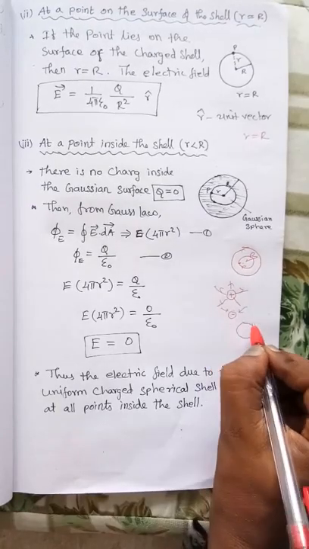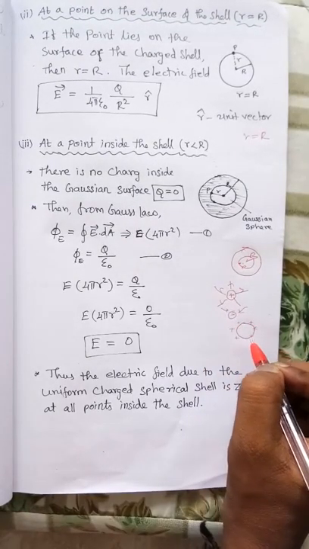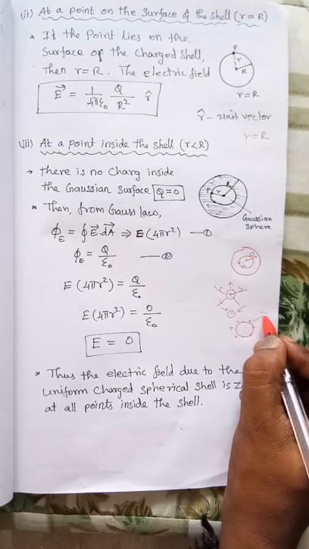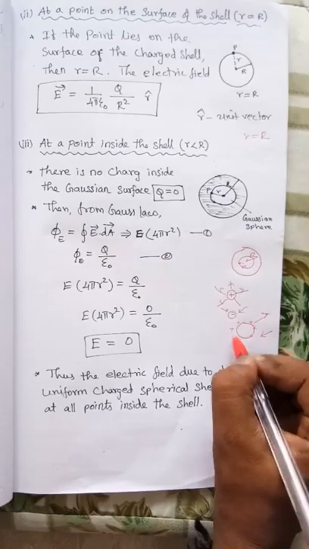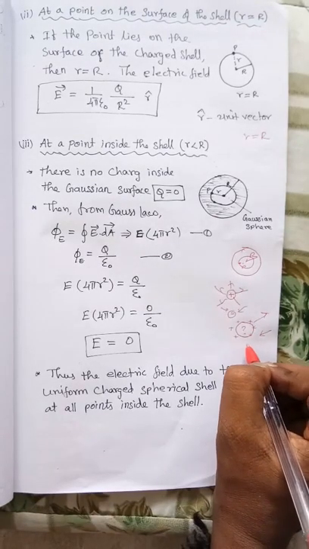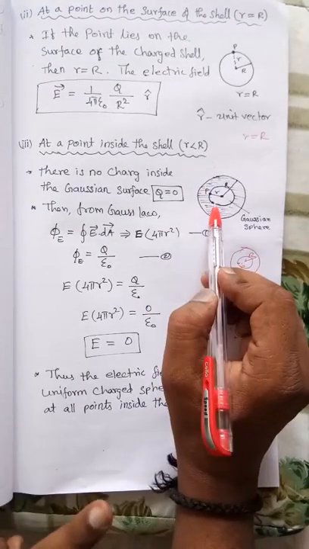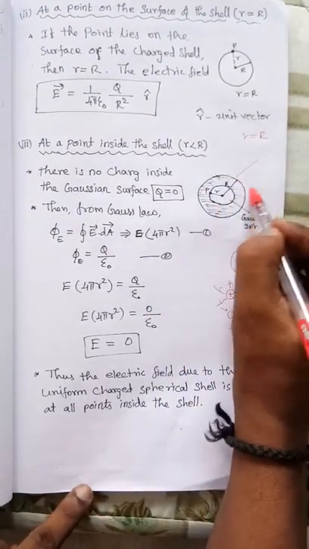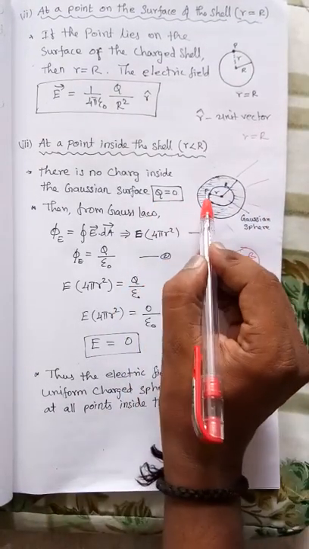Suppose a sphere is charged, negative or positive, either one. Positive charge means outwards, negative charge means inwards. But very important, there is no electric field inside, because inside the electric field is always 0. All the electric fields are outwards, so the enclosed Q value is 0 for the point inside.